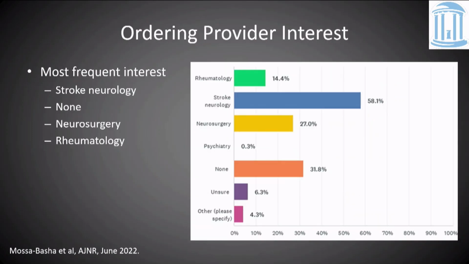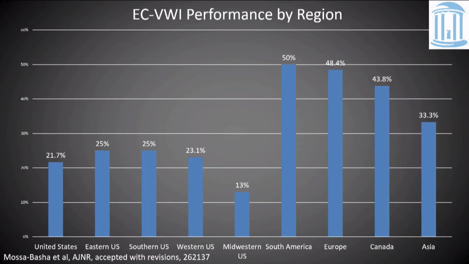In terms of order provider interest, stroke neurology was far and away the most common group indicating interest. But I do want to indicate that 32% indicated that no clinicians had expressed interest. And this is probably that gap we discussed in terms of understanding of the technique and its value and its applications. So transitioning to extracranial vessel wall imaging, performance by region,